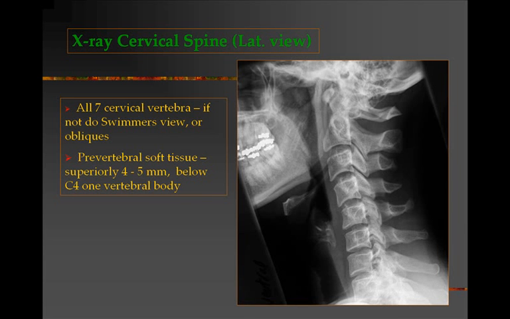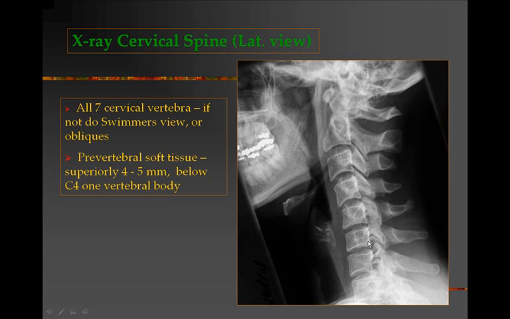It is helpful to make a comment on the prevertebral soft tissue seen here in this area, which is less dark than the air which is seen anterior to this structure or this line. Typically, the prevertebral soft tissue should be about 4 to 5 millimeters in size above the C4 vertebral body, which is seen here. Below the C4 vertebral body, the maximum width of the prevertebral soft tissue is approximately 1 vertebral